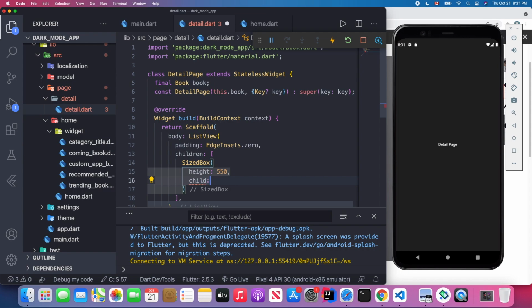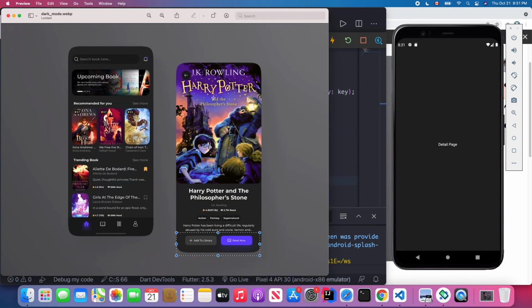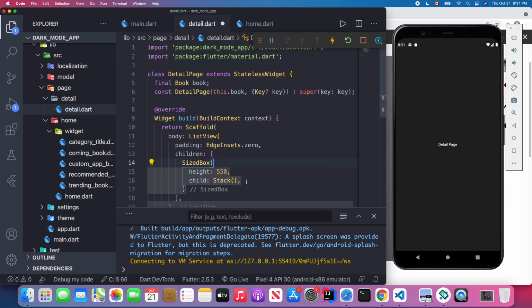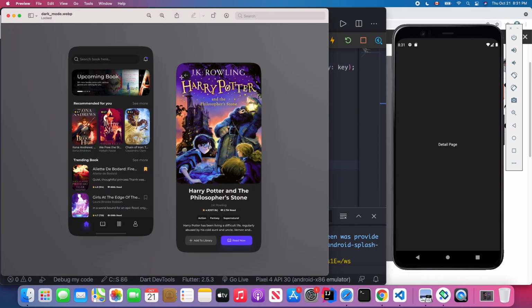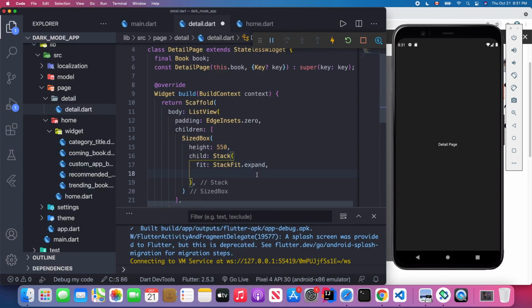For its child, I'm considering using a stack widget because we have this go back button. So I'm using the stack widget, and here I'm going to change the fit to StackFit.expand. By default it's loose,